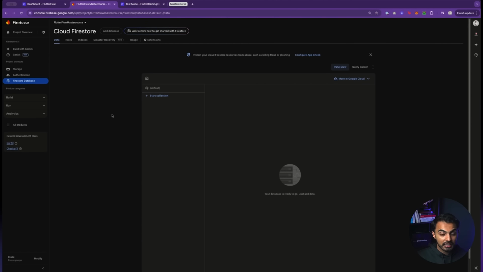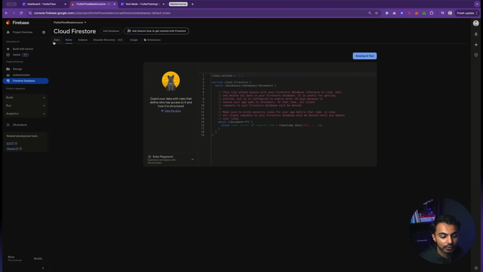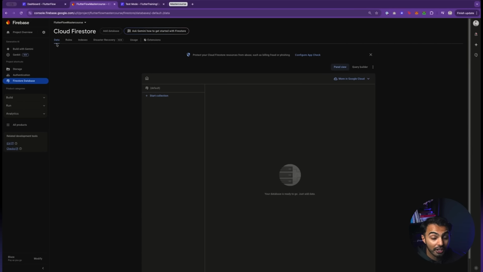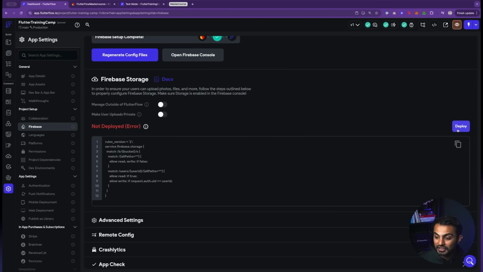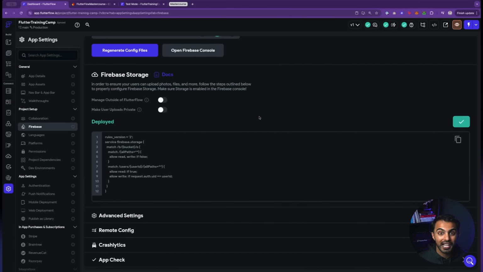And this can be very sketchy if you have launched your app and your database is still in test mode. I highly recommend before you launch your app and you put it out into the public that you come back here to rules. I'm going to explain to you a bit about rules in a moment. And you lock your rules down so that not any random person can write to your database. I've been in instances at other companies where hackers will find your database connection string, and that's bad. If they find your connection string and your security rules are wide open, hackers can just slam your database and write an infinite number of data until your database maxes out.